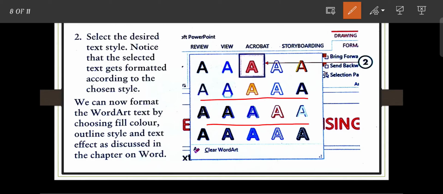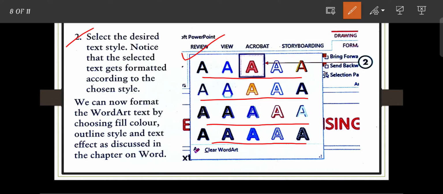These are the different types of text style. So select the desired text style, and notice that the selected text gets formatted according to the chosen style. This is step number 2: you need to select the text style from these options.